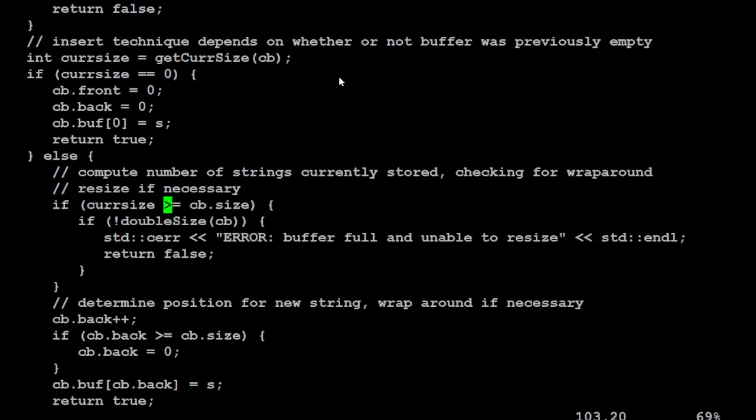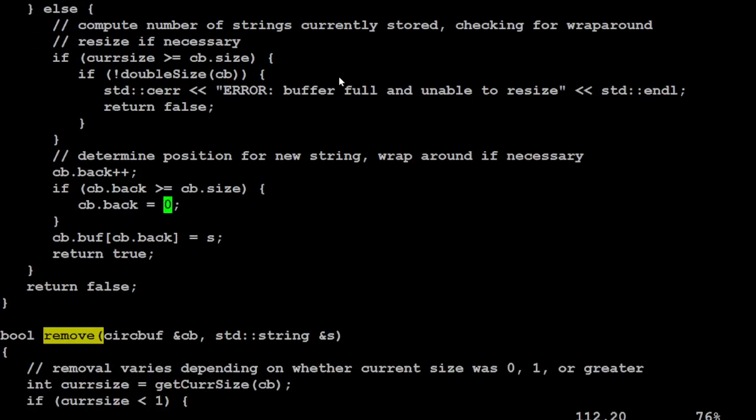Otherwise, we'll see if we need to resize. So if it's full, then we'll resize first, and if that doesn't work, we'll bail out. So that takes care of resizing if we need to, and once we know we've got enough space, then we're